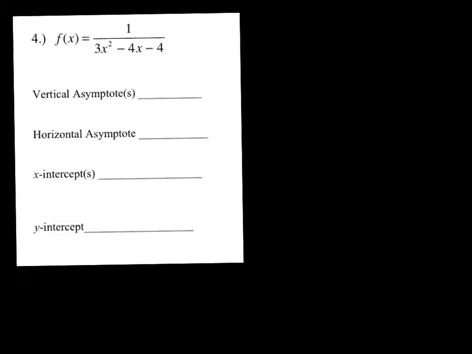So we'll do the same thing for number 4. We've got the function 1 over 3x squared minus 4x minus 4. For the vertical asymptote, we will solve for the denominator. 3x squared minus 4x minus 4. Again, if you don't remember how to factor, you'll have to use the diamond and the box. But if we do factor this,